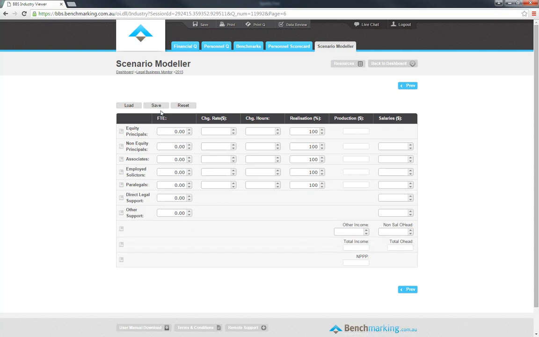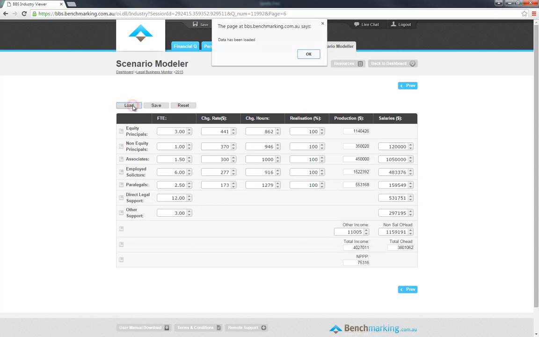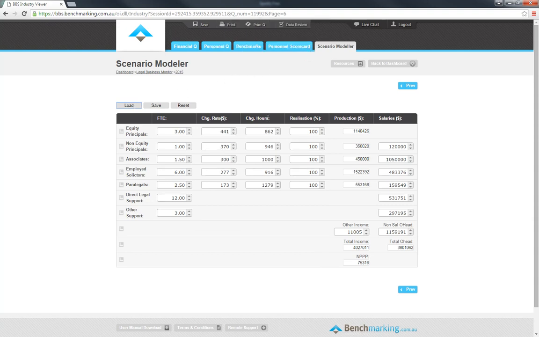To start the process, load your data by clicking the Load button. Once your data is loaded into the system, you can then start to change each of the variables. So you might want to add a new fee earner or half a fee earner, depending on what you want to do. You might want to update the rate,